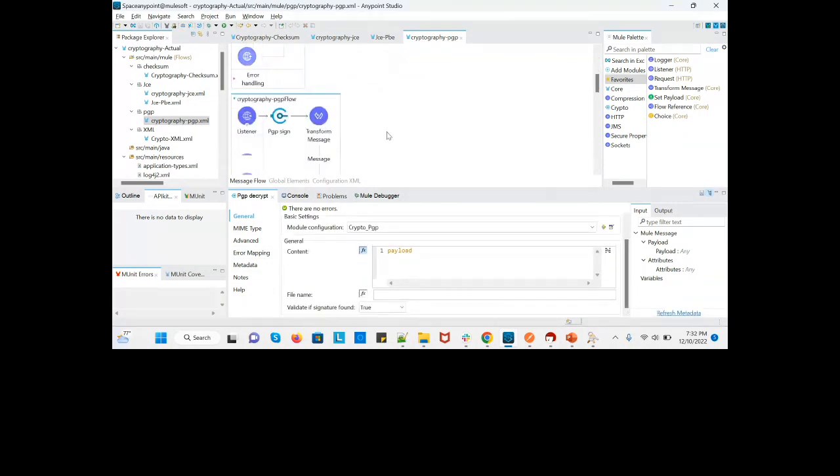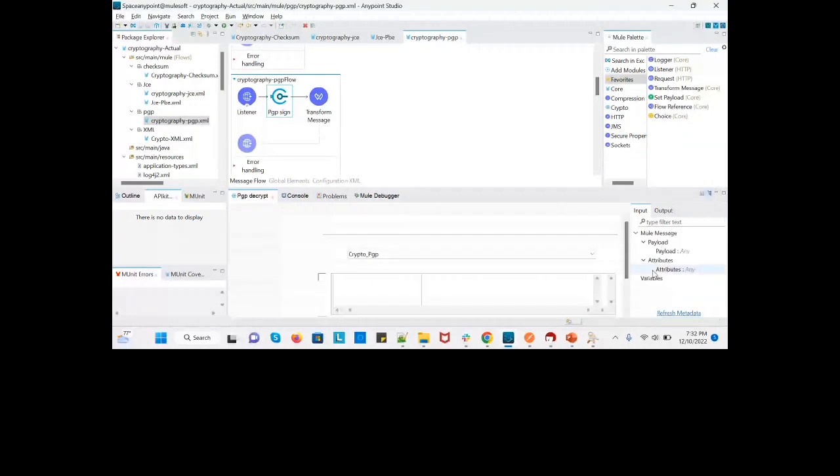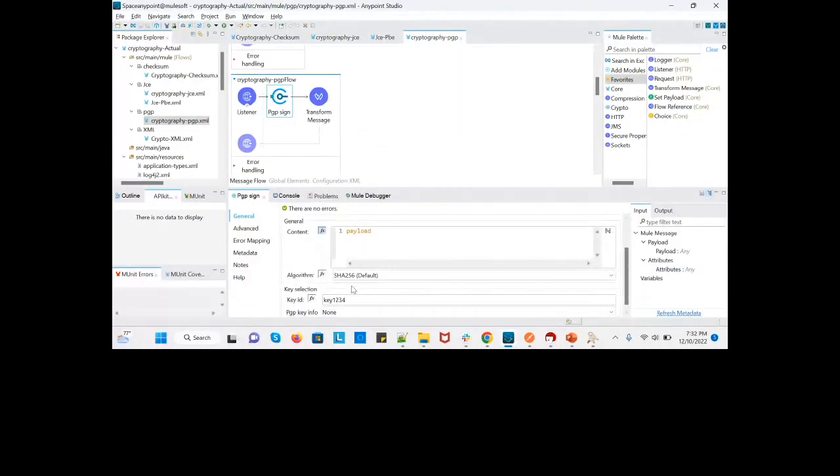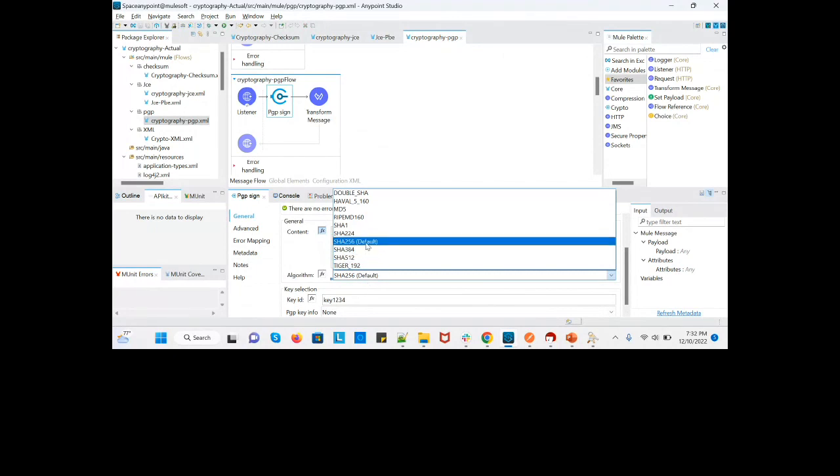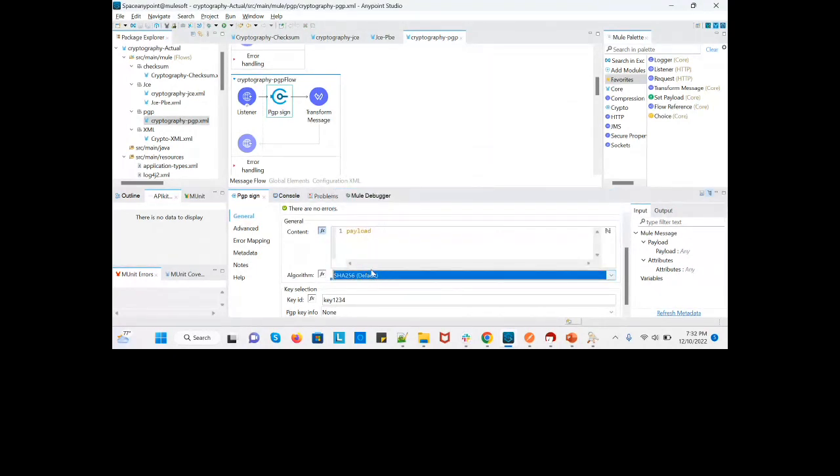So then we are able to see the data. Signing again, the signing is here. The algorithm will be used for hashing. First the hashing will be done using this algorithm. Once the hashing is generated, then the hash value will be encrypted using the key